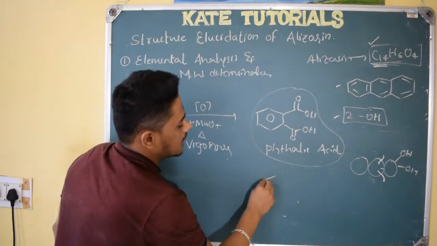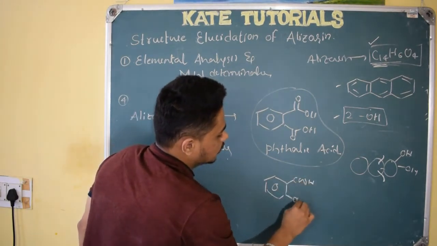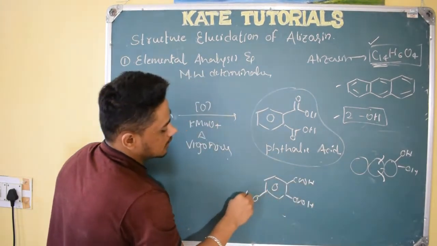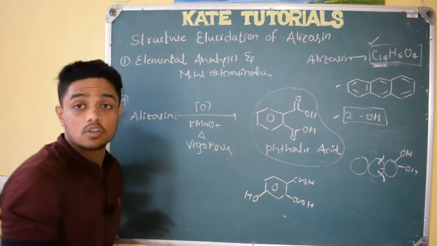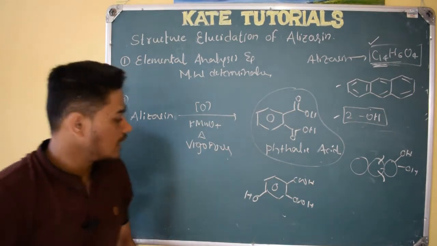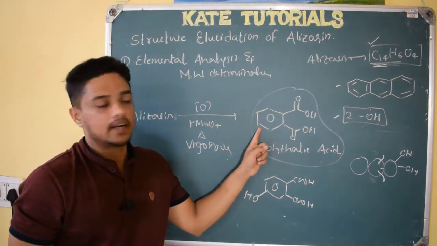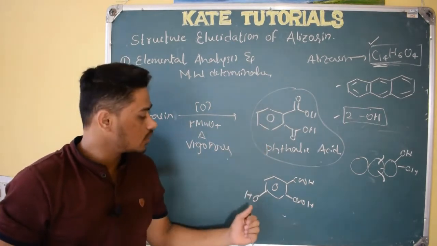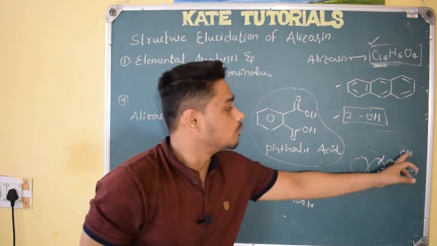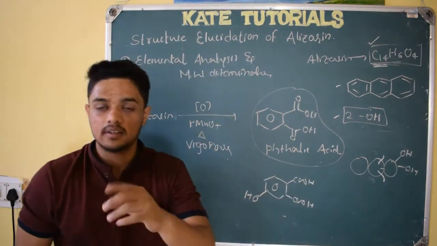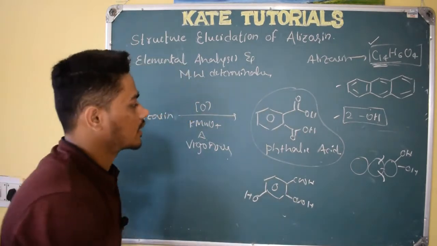We didn't get any hydroxyphthalic acid. For example, like this, COOH, see here, OH here. It is nothing but hydroxyphthalic acid. If we had got this hydroxyphthalic acid, then we could conclude that one OH is there in this ring, right? But it is not there. So we got only phthalic acid. So we concluded that both OH are in one ring only, right? What I am telling you, please note it, and first understand, then note it, right?